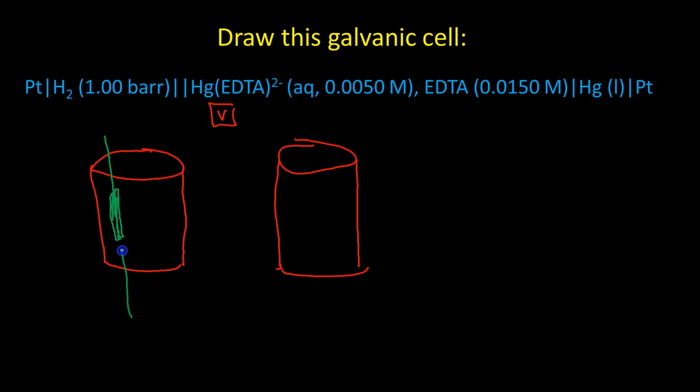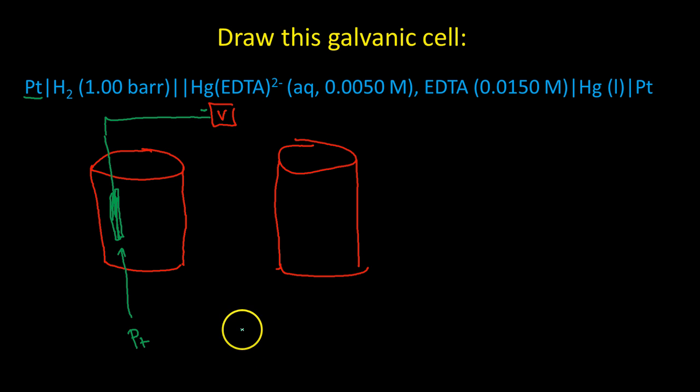I'm going to draw an arrow here that tells us that this is our platinum, which is this right here. And this is going to connect to our voltmeter. And this is our negative terminal. Okay. So this is where it gets a little dicey here, because now what we're doing is we're moving into